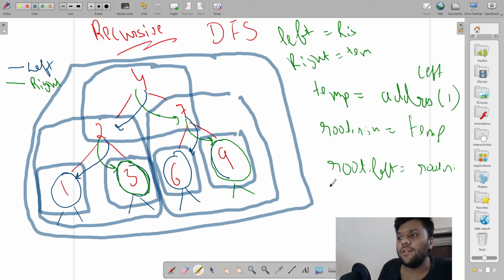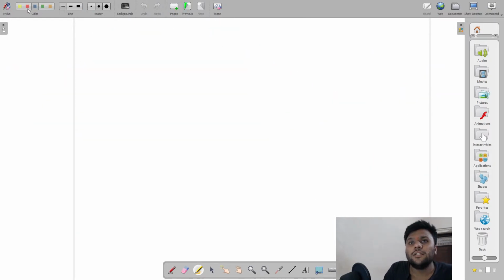So you will ask about the time complexity and space complexity. We will talk about them later when I submit my code. Okay, so now let's talk about another approach, which is the iterative one. Alright guys, so let's talk about the iterative approach. So this is iterative.